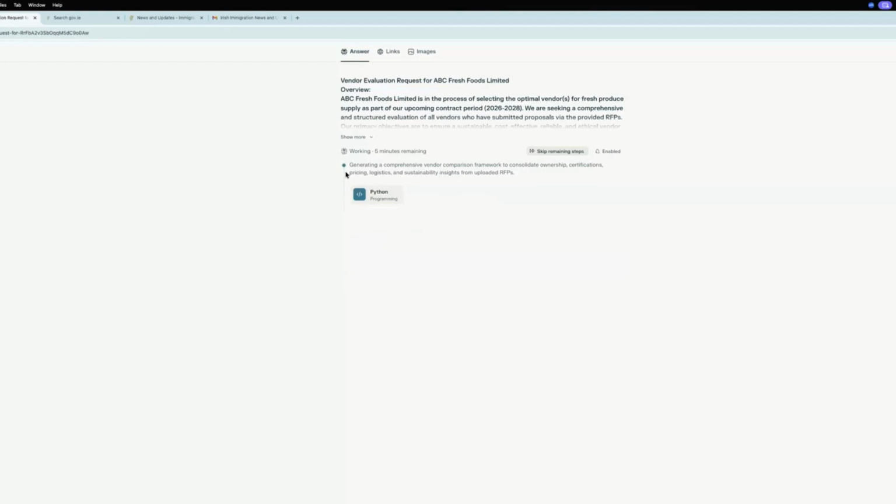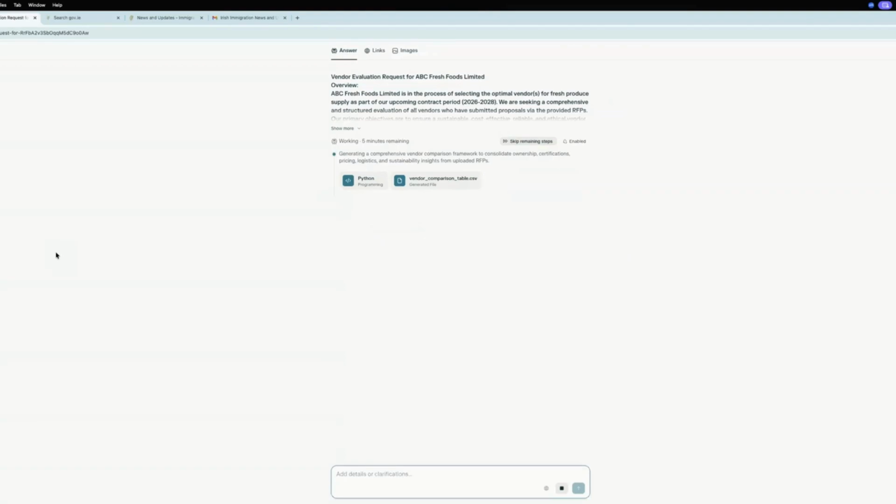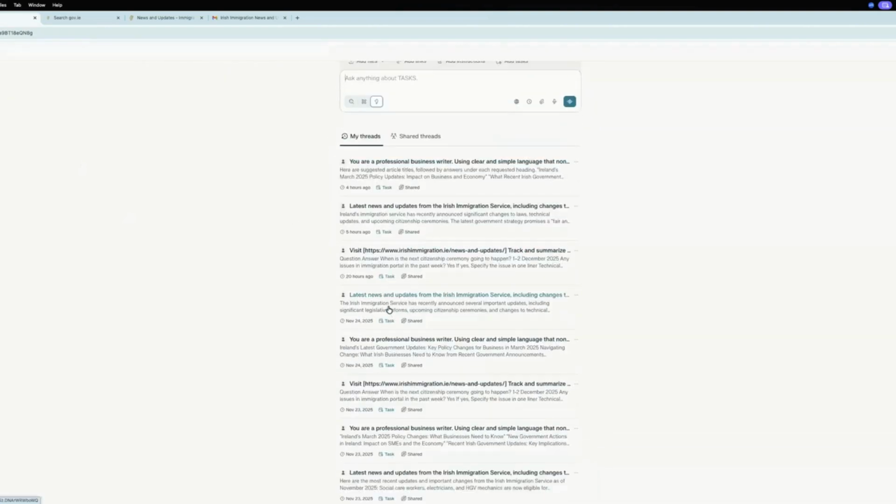So we can see again, it is taking 5 minutes, preparing a CSV table, using Python to do some analysis, etc. So to save everyone's time, while this runs, I'll go back to the other use case that I've already prepared, which is the same. I gave the same prompt because sometimes it can take 10 to 15 minutes, depending on the resources available in Perplexity's environment. We go to tasks and then